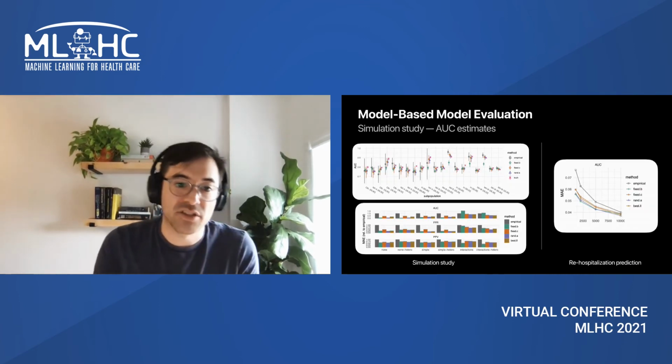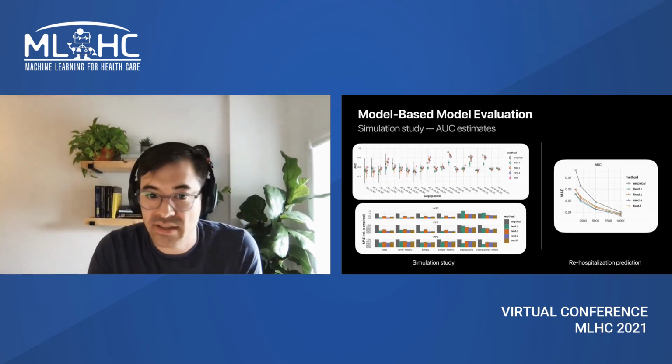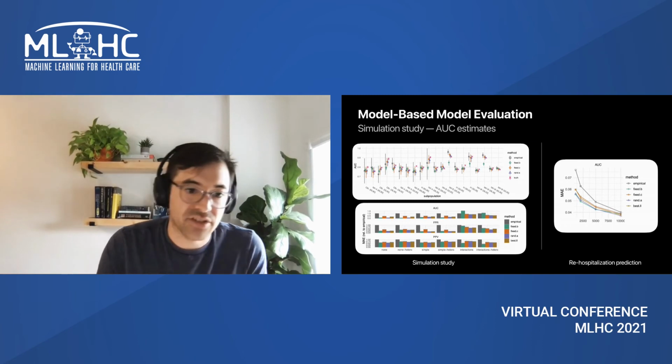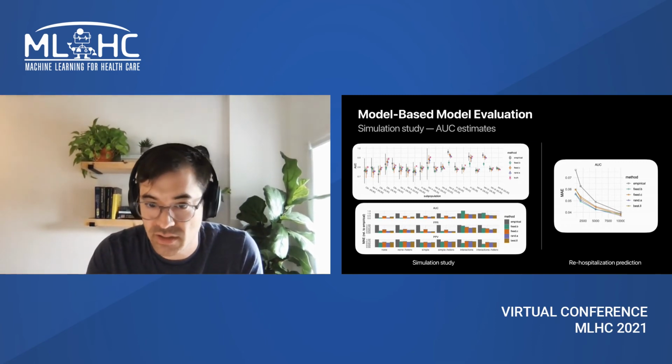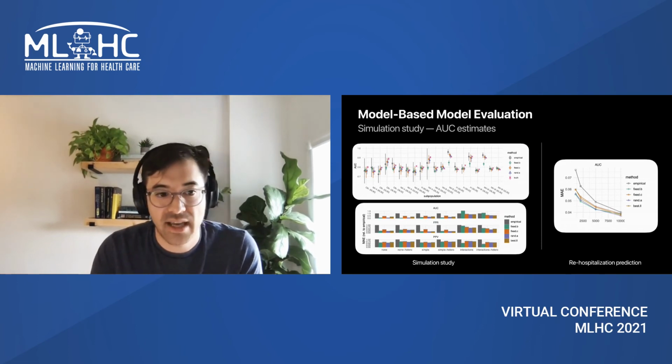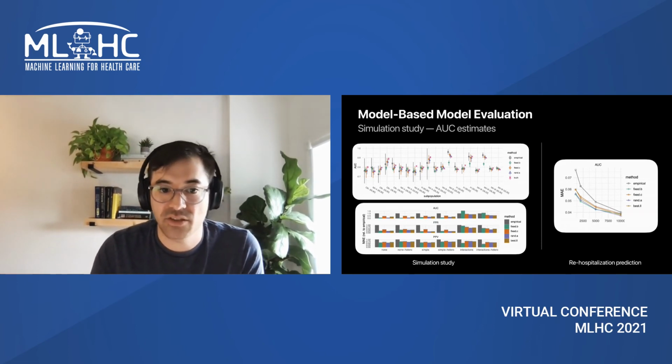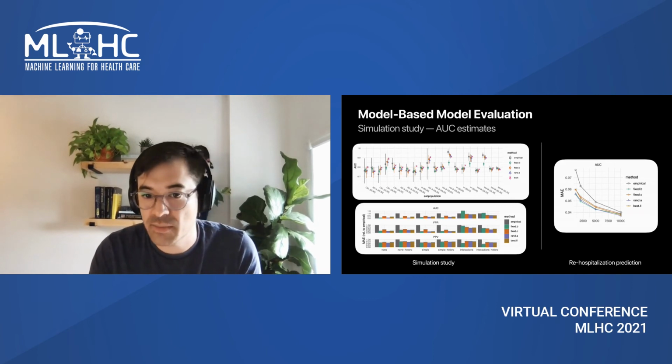So we run experiments in two settings, one simulation study using statistics from the NHANES sample, and one semi-synthetic experiment using a rehospitalization prediction task. In the simulation study, we observe MBMs nearly always match or improve estimator accuracy over a range of problem and model complexities. And in the rehospitalization prediction task, we show that the improvement in estimator accuracy is typically the greatest